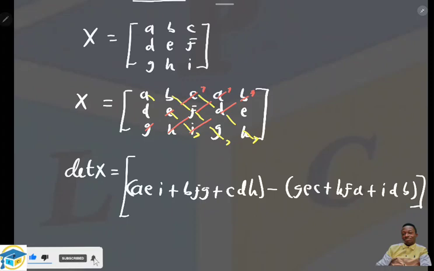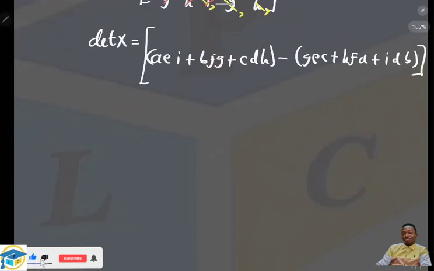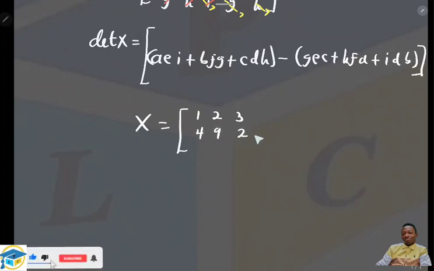This is how we find the determinant of a 3x3 matrix using the product of the upward and downward arrows. So let's take note. Let's take an example to explain this concept far better. Let's say we have matrix X to be equal to 1, 2, 3, 4, 9, 2,